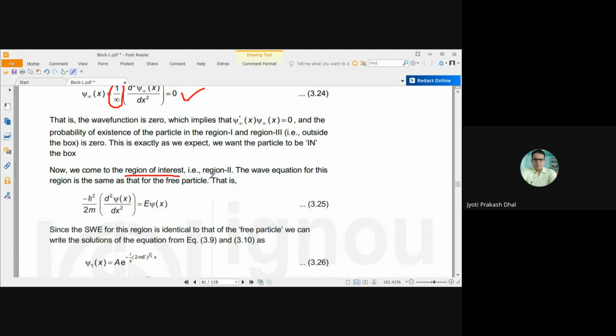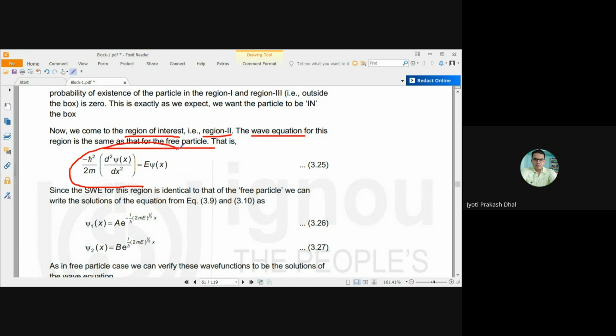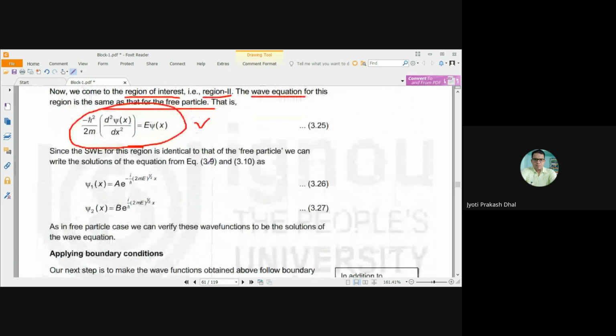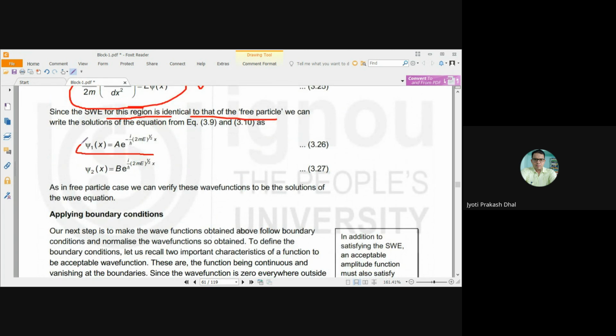So we will solve for region number 2. The wave equation for this region is the same as that of the free particle, and it becomes minus h square by 2m d square psi by dx square equals E psi. Since the Schrodinger wave equation for this region is identical to that of the free particle, without solving here, we can use what we have solved for the free particle,